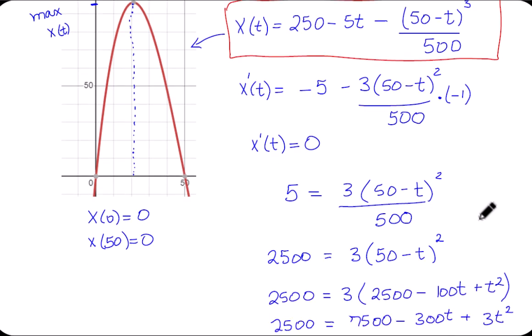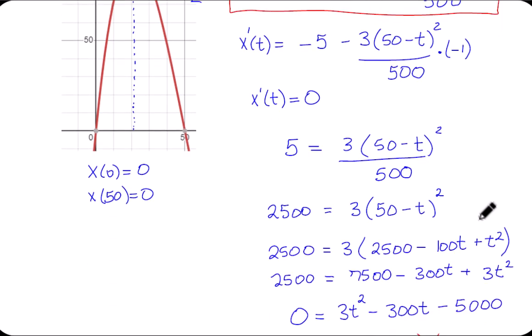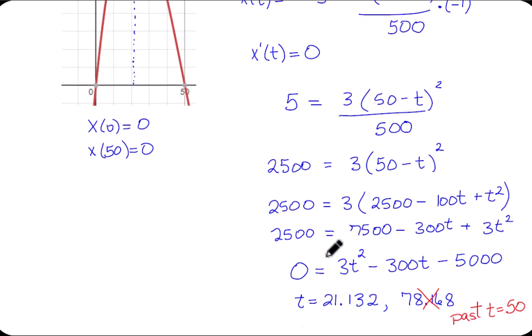So with a bit of grinding and cleaning, we finally get this thing down to a quadratic equation to solve. You can solve it with the quadratic formula, or you can use some online tools to calculate this. It turns out there are two times, 21.132 and 78.168. Now I can throw that one away because we know the tank is empty at 50 minutes, and that's